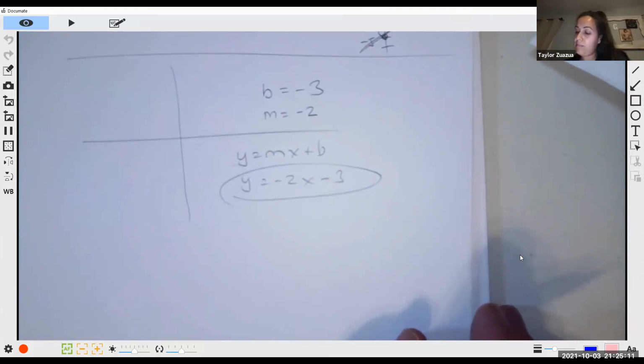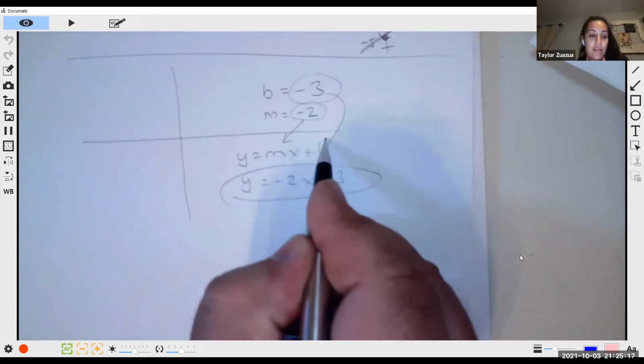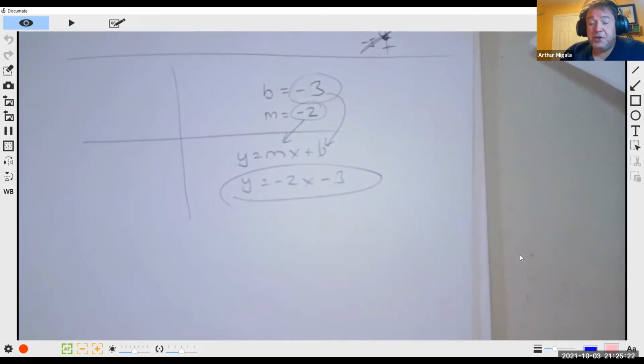Oh, -2x minus 3. See, I over here thought I was doing it right, and it just didn't finish off the whole equation. That's all there is. You don't have to find the slope or anything. You just look at the picture, count up or down from point to point. And we have to make sure that the points we use,